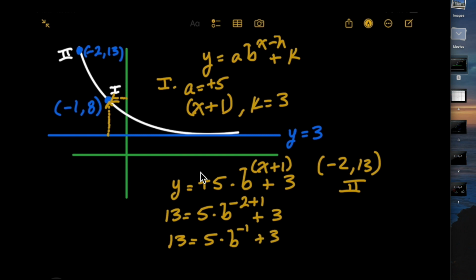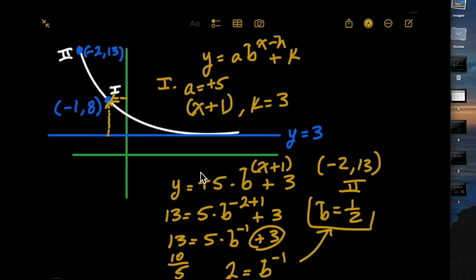plus 3. That's going to give us, eventually, we're going to bring this 3 to the other side, make this 10, and then we're going to divide by 5. So we're going to get 2 equals b to the negative 1, and we're going to flip that, b equals 1/2. And that makes total sense, folks, because as we predicted at the outset, b was going to be a